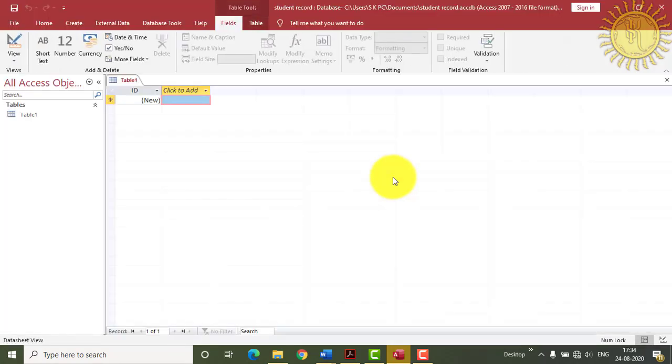This will open MS Access, and here is the welcome screen, and this is your MS Access.